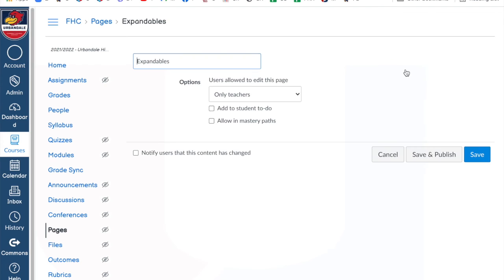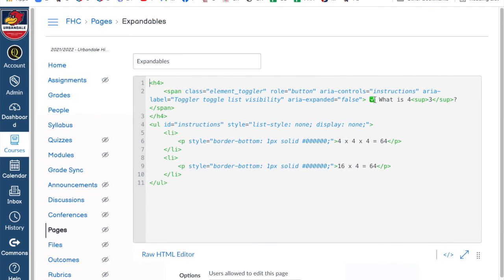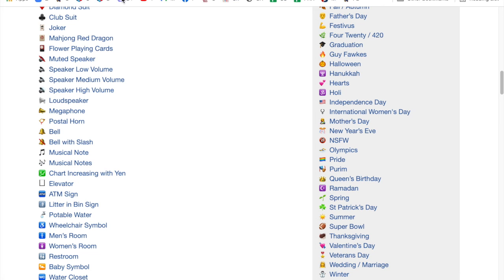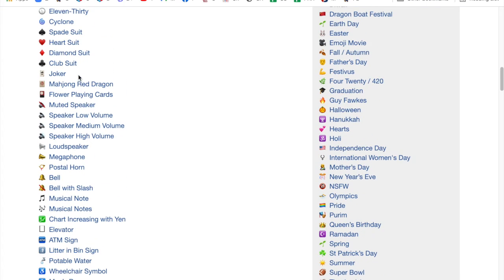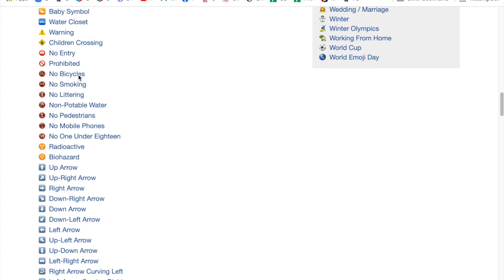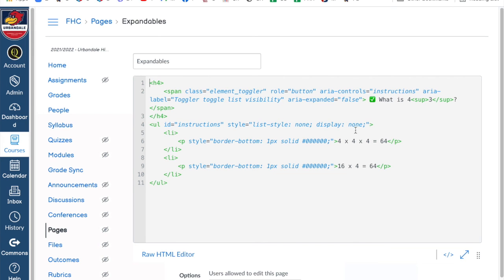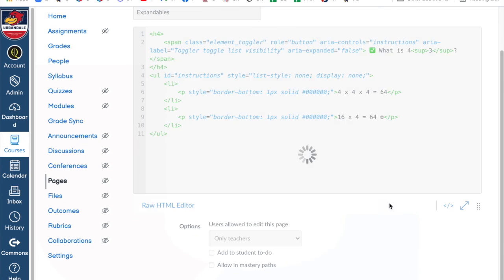I'll just show you one little thing here that I've showed in all these videos that I've done. You'll notice there's a little emoji right here. So I go to emojipedia.org, and I could click on something. Let's get a radioactive symbol. I click copy, and then I can just come back here and I could actually type it. You can even type it into the thing. No, it didn't come out nice and colored, but oh well. So I can do that, save it,